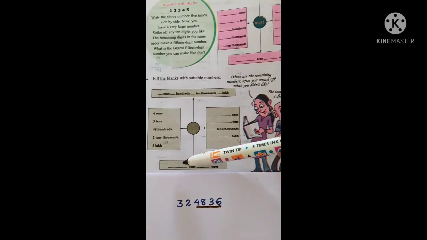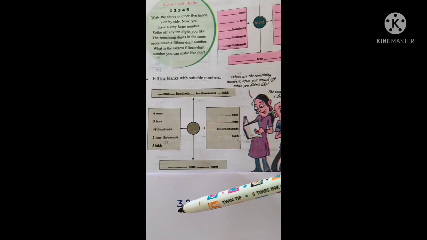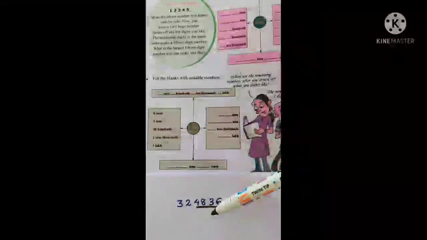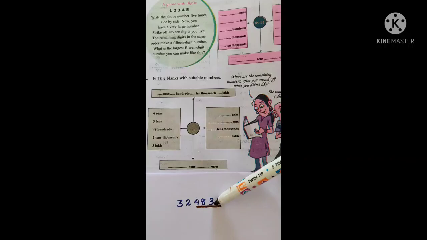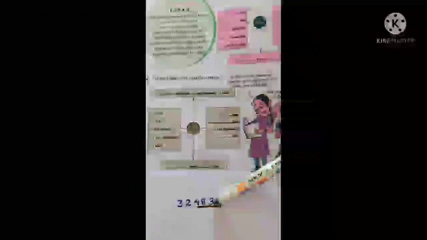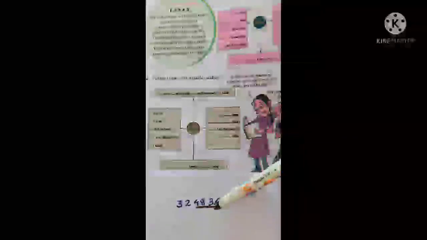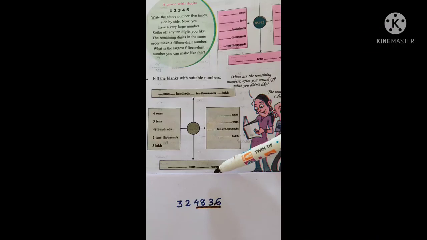Here we can split the number only in terms of tens and ones. In this number, that is 3,24,836, how many tens? Yes, we cut 1 digit from the right end. We get the number as 32,483. That is 32,483 tens and 6 ones. All of you write it in your notebook.